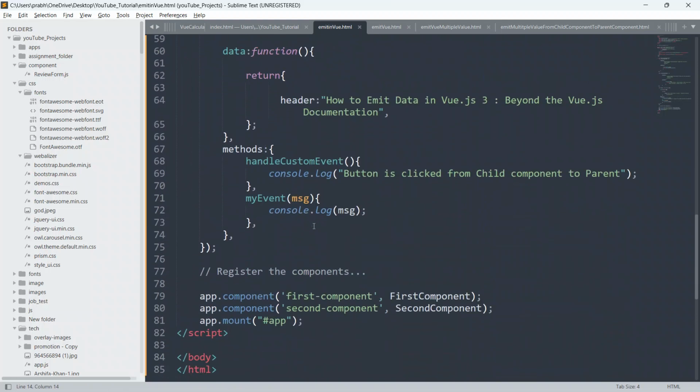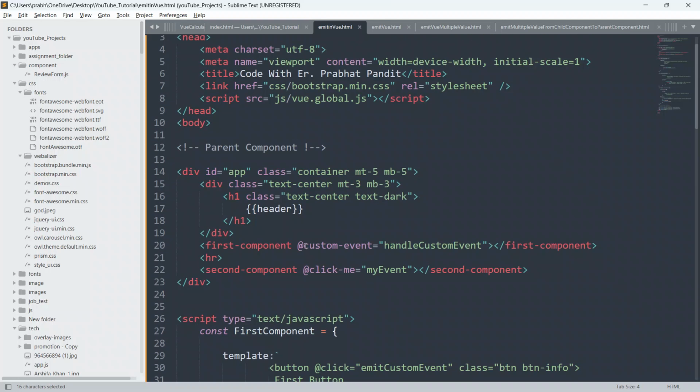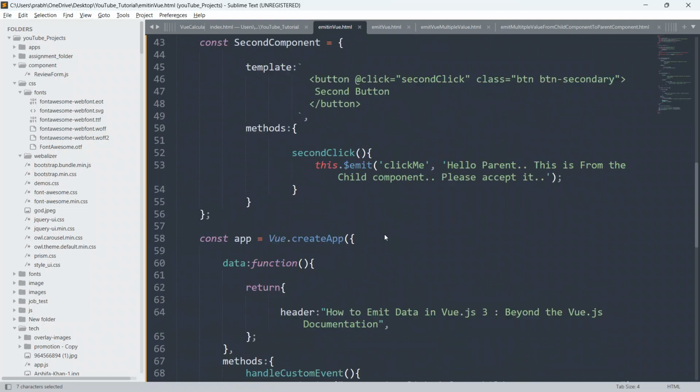You can see I am using this first component and this second component name as a custom tag, and I'm defining custom events also. The first event is handle custom event and the second custom event is click me, and I have defined one method also, my event, and we have to define these events inside our parent component.